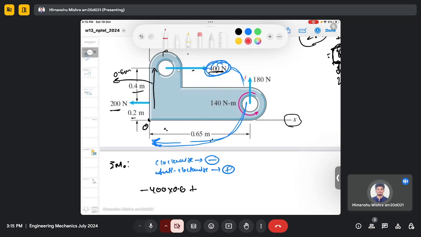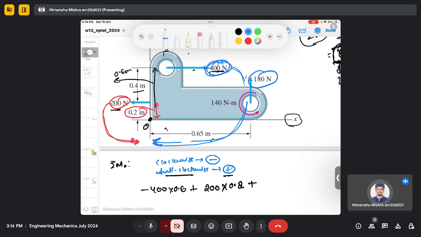Then another force which creates the movement about point O is this 200 Newton force, and you can see the direction of force is toward the left side, which means it creates an anti-clockwise movement about O, because you can imagine the rotation of this force about point O, and it is in the anti-clockwise direction, and it has a perpendicular distance of 0.2. So the anti-clockwise I am denoting by positive sign, so it's 200 multiplied by 0.2 plus